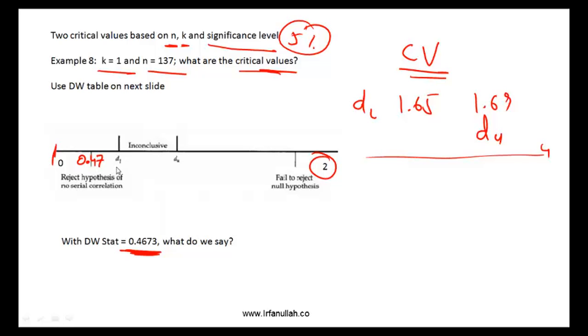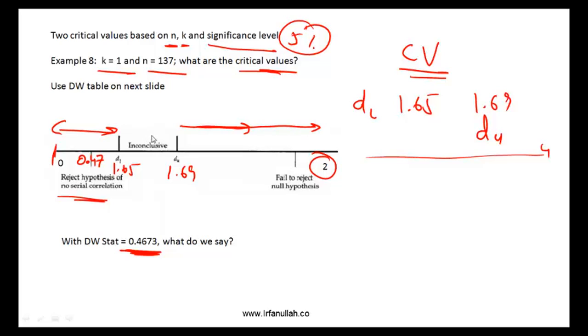So our actual stat is 0.47, let's say. From the table, we figured out these two critical values. One critical value was 1.65. The other critical value is 1.69. Now, the way this works is if your test stat is in this region, less than 1.65, then you can say with a fair amount of confidence that you reject the hypothesis of no serial correlation. In other words, the data is indicating that there is serial correlation. If you are above 1.69, so you are between 1.69 and 2,